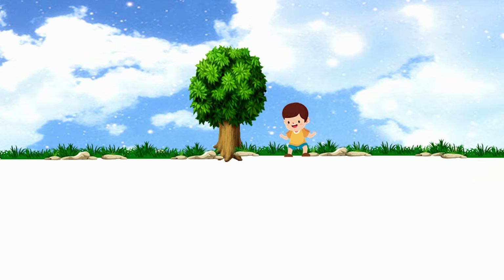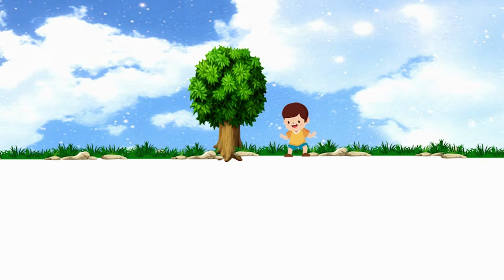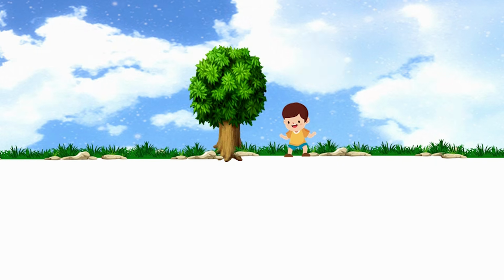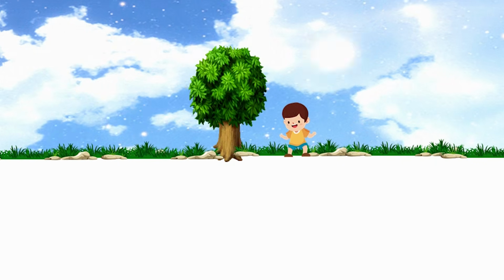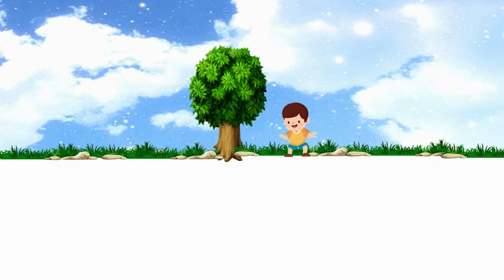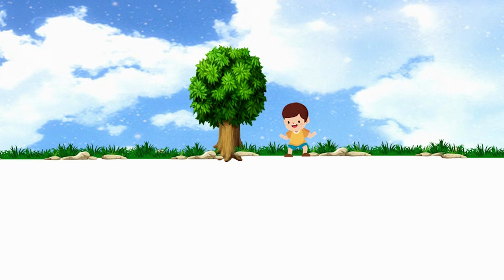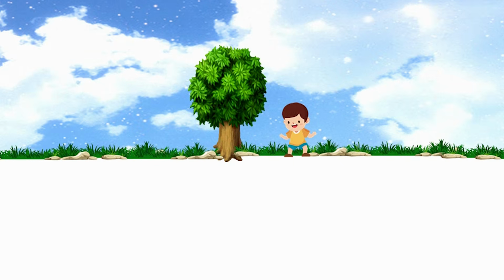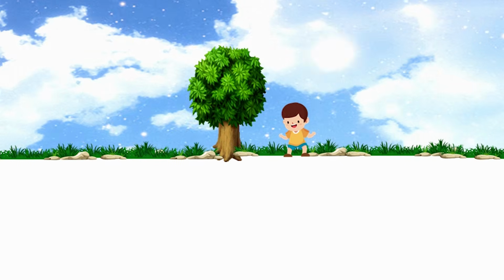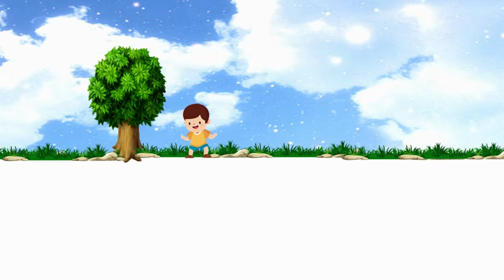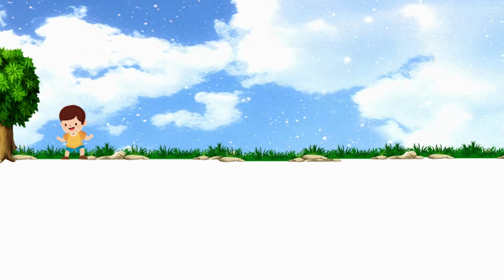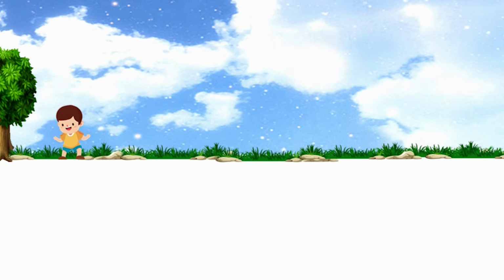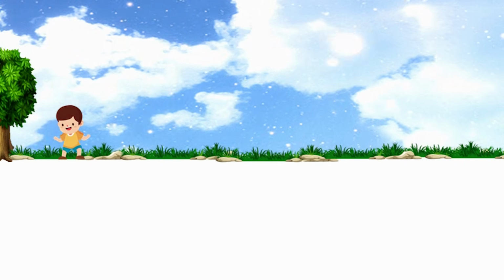Let's replay the image in slow motion and observe the state of each body: the tree, the person, and the bus. First of all, the child does not change their position relative to the tree, so the child is at rest and not moving. However, if we analyze the child relative to the planet Earth, which itself is in motion, we can say that the child is also moving. For this reason, we say that motion is relative.